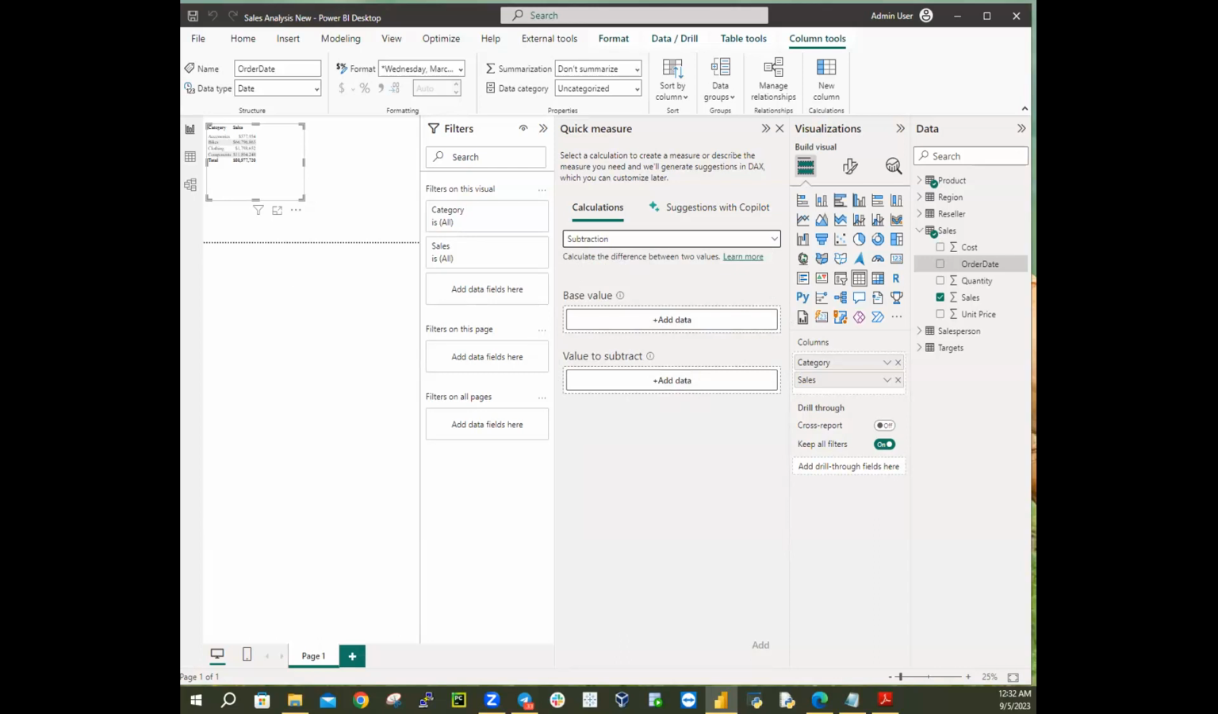In the sales field, drag the sales field into the base value and the cost. So drag your sales into the base value. And drag your cost to the value to subtract. Can you see that? So you are saying I want to remove from my sales, you make a sale, then the cost is the cost to purchase the raw material. It's just like you are selling